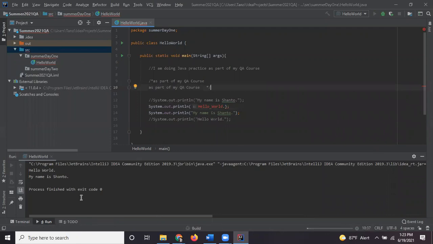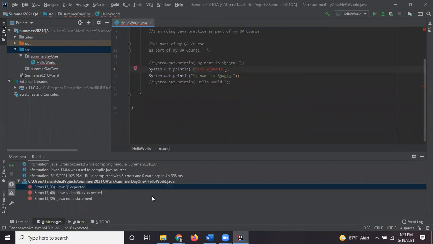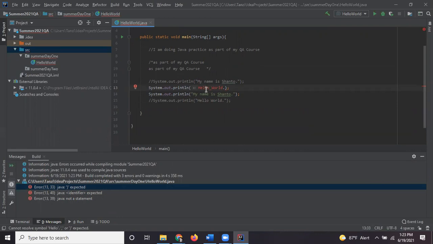It will give the information. You see that quotation is expected. And also, this is not a Java statement. If something is missing, that means you have to give a quotation. Why this is a quotation we will cover later. Now, if you run this,